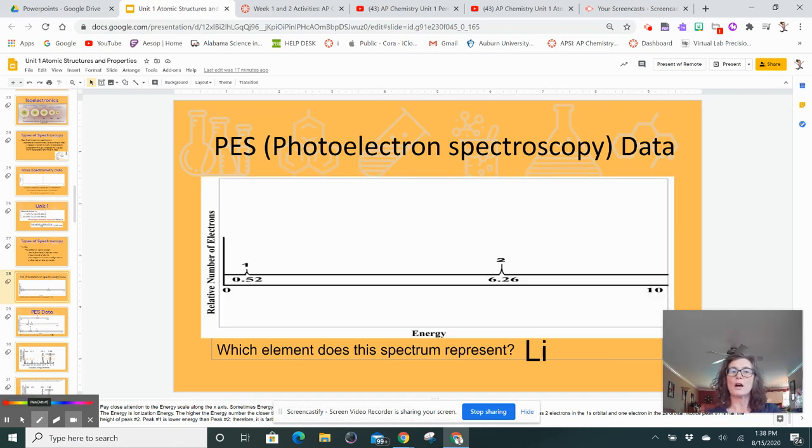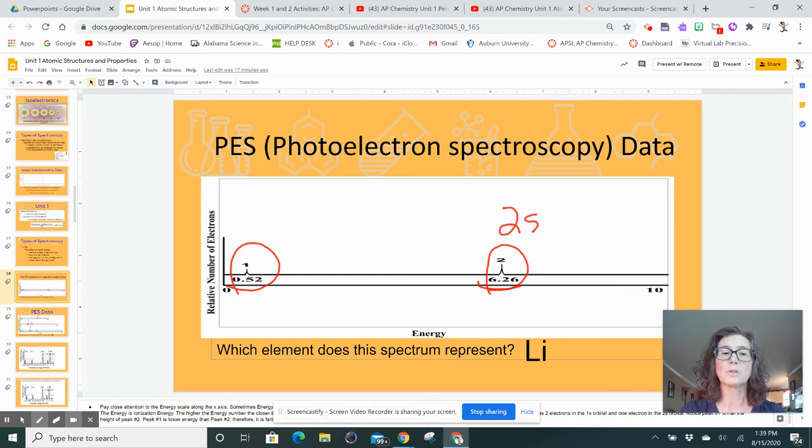All right, so here's an example of PES data. This is what the spectrum will look like. So we can see that we have 2 electrons here. So this is the relative number of electrons. So we can see that this peak is twice as big as this peak. And the size or the energy here lets us know which ones are at the higher level. So this one that is twice as high that needs to be the second main energy level, or it is our valence electron. So